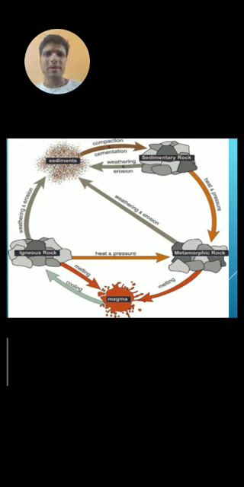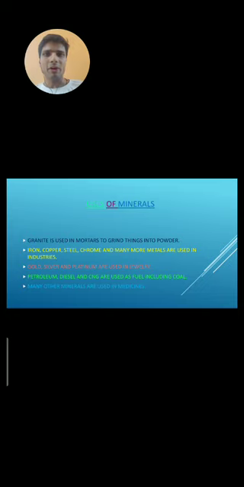And then, in so many ways, the rocks and minerals are useful to us in daily life. Like minerals: iron, steel, copper, these are all different types of minerals that we use regularly. Apart from that, petrol and diesel are nothing but fossil fuels. And even the rocks are naturally used in construction and other ways. In so many ways we are completely dependent on these minerals. So this is about the complete topic. I hope you are very clear with these things.